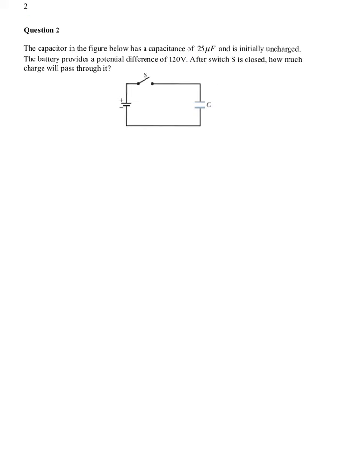Next question. The capacitor in this figure has a capacitance of 25 microfarads and is initially uncharged. It's uncharged because the switch there is open, which doesn't allow current to flow, so there's no charge build-up on the capacitor. The battery provides a potential difference of 120 volts. After the switch is closed, how much charge will pass through the capacitor? Well, the charge will flow